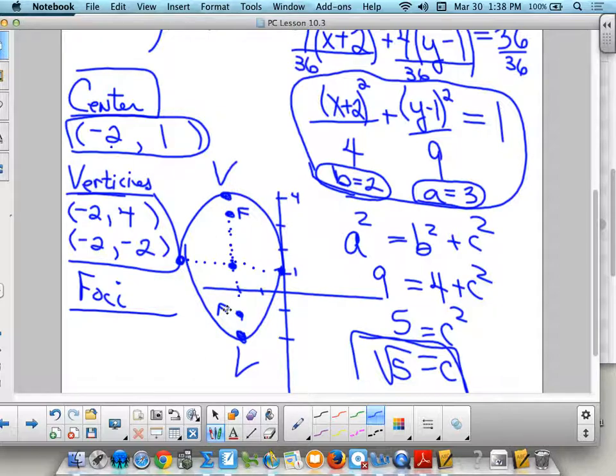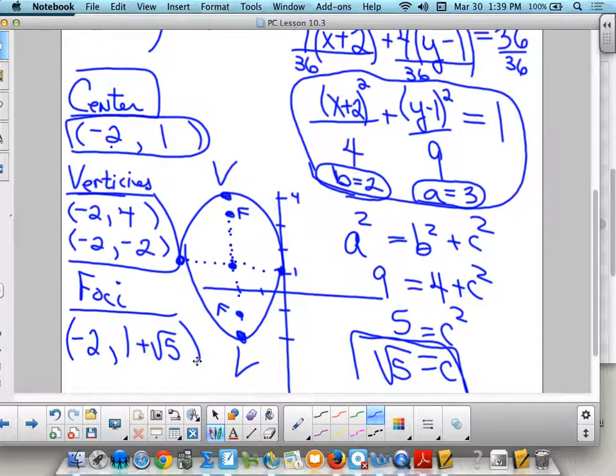Okay, but here's the deal. Which one would you add it to? Here's your center. Would you add c to the x, or would you add c to the y? Yeah, it's the y. Up, down. So you're going to say my foci will be -2, comma. Now take the y value, 1, on the center, and go up square root of 5. Now that's a number, by the way, and that's like 3 point something, 3.2, 3.3. That's the upper foci. The lower foci would be